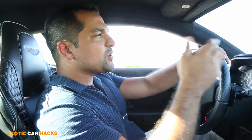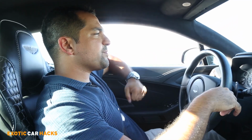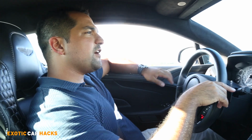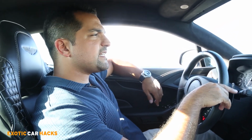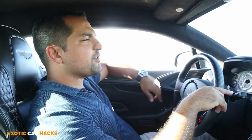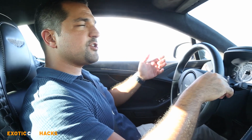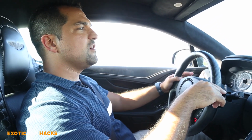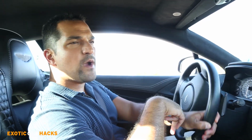If you are going to be buying a sports car, then the Gallardo may seem like a more appealing proposition than the Vanquish. But I think for those of us that have enough sports car and are getting too old and our backs start to hurt in certain cars, these can be driven on road trips. They're extremely comfortable, they're extremely fun, they sound great, and again, you've got to consider that you're driving an Aston Martin, and that holds a lot of weight, both from a status standpoint and also